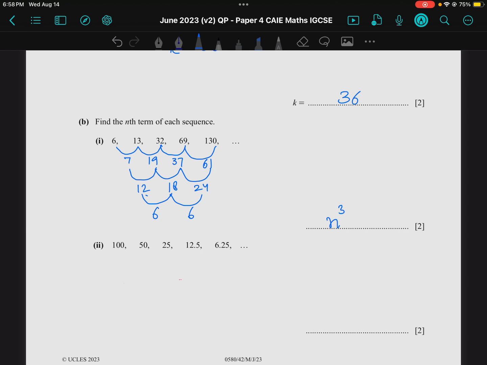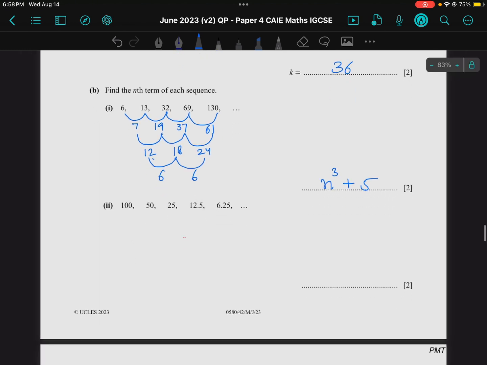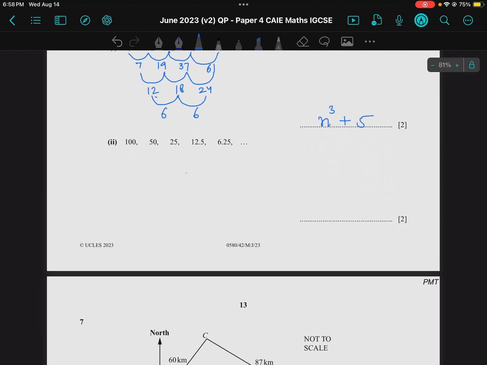Now see, when you put n as 1, 1 plus 5 you will get 6. Similarly, for the other term 13, when you put n as 2, that means 2 cubed, which is 8. 8 plus 5 is 13. Now I am getting the sequence. So this is the general formula for the sequence. For part number 2, similarly, we will find